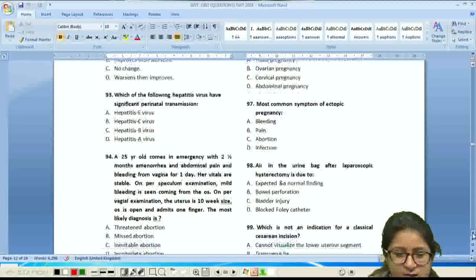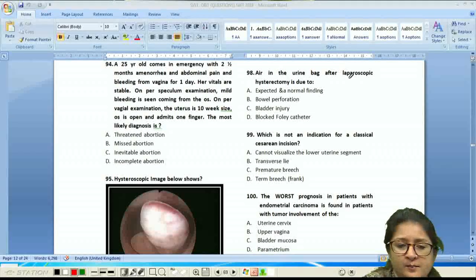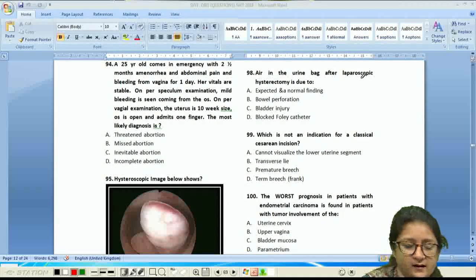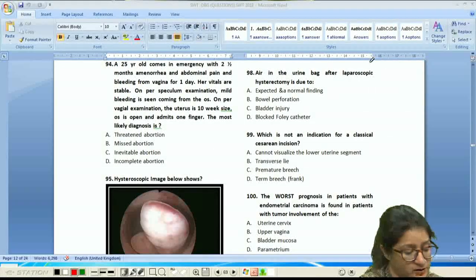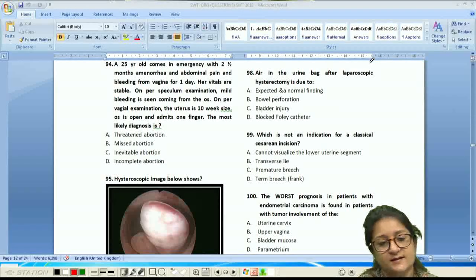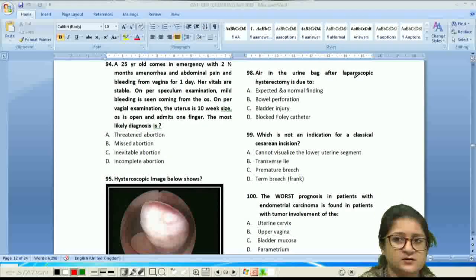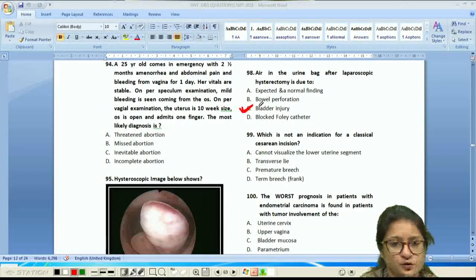Now moving on to the next question. Air in the urine bag after laparoscopic hysterectomy is due to. Now see, this is a question which is not probably gynae but just a surgical question, and this is a very nice question in the sense that if there is air in the urine bag, why should air be in the urine bag? There is no other way that air should be in the urine bag except for the fact that it is a bladder injury. Because what will happen once the bladder gets injured during laparoscopic surgery,